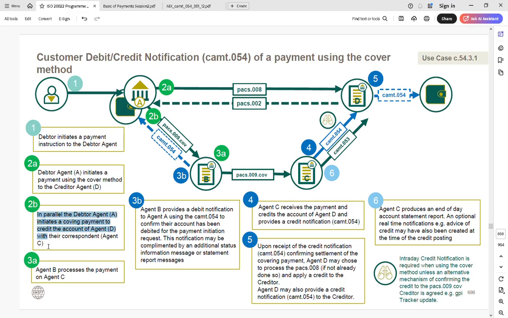Now when it's sent to B, at that time we have to send a debit notification to the original bank as well, because we have deducted the payment from your A bank here, right? So it is deposited to B. So B is sending your debit notification, your payment has reached here. So it will send a credit notification to agent A. From agent B, it will send to agent A a credit notification. So that's only mentioned here in